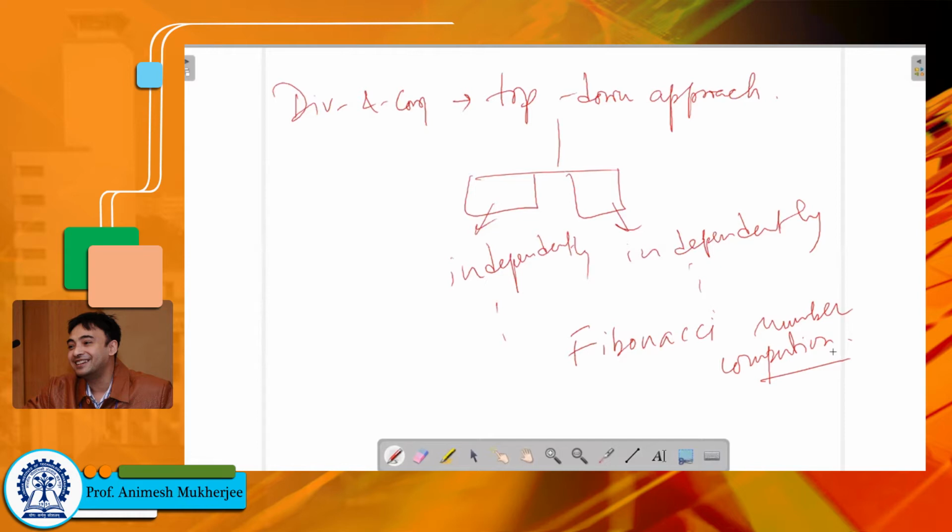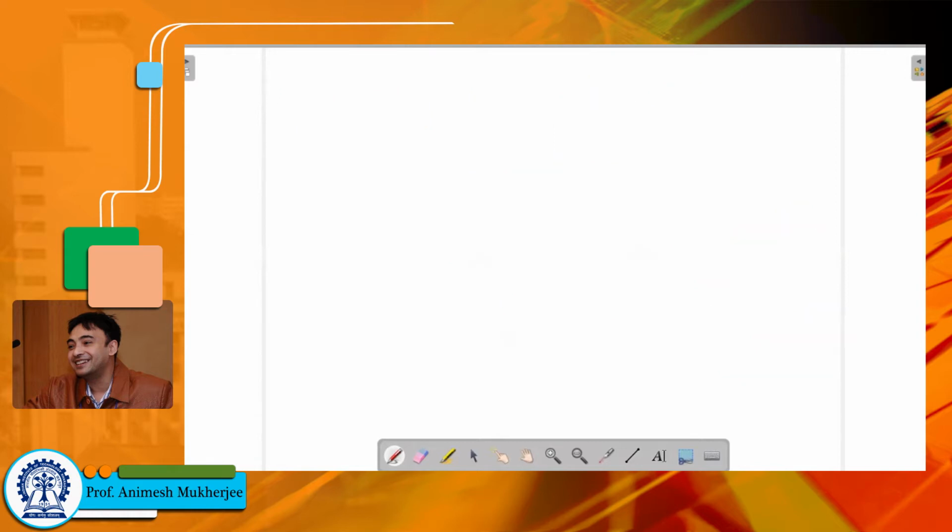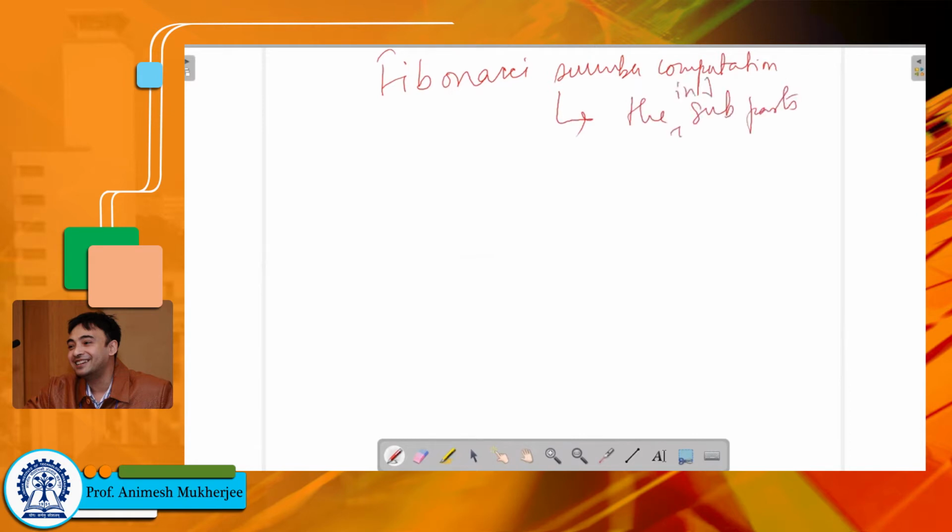This is because the sub-problems that you divide the main problem into are not independent of each other. So the Fibonacci series computation is a problem where the individual subparts are not independent. By this I mean that the subparts can be reused to